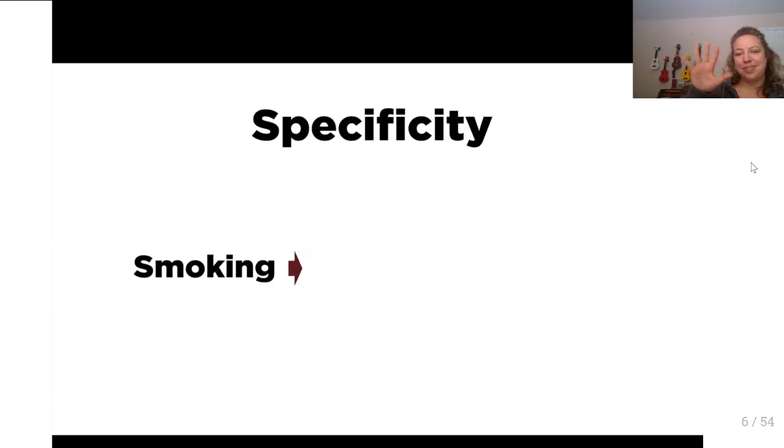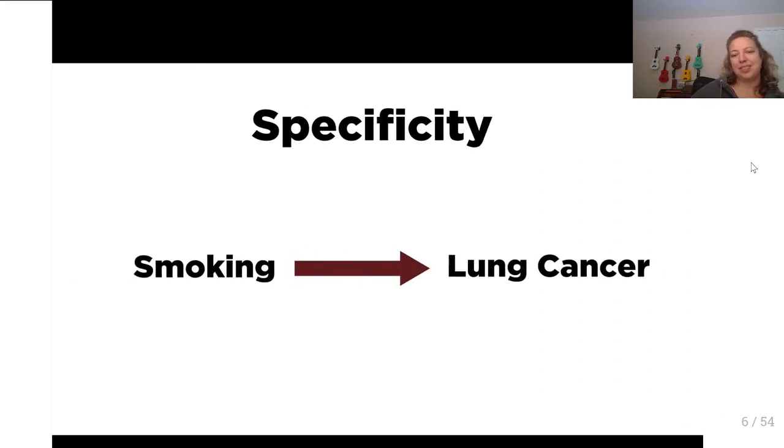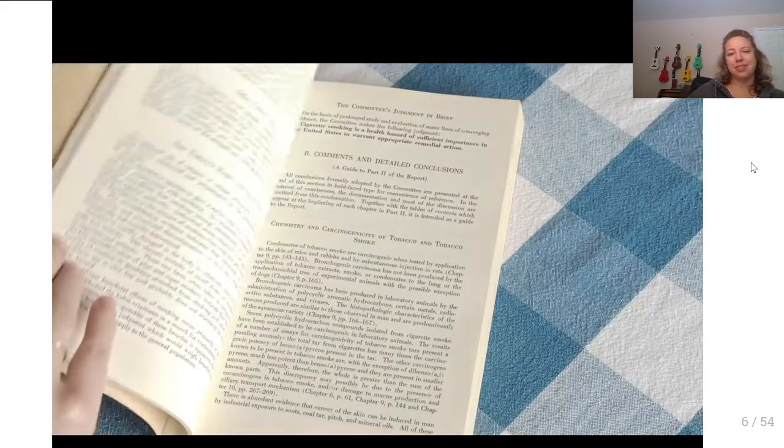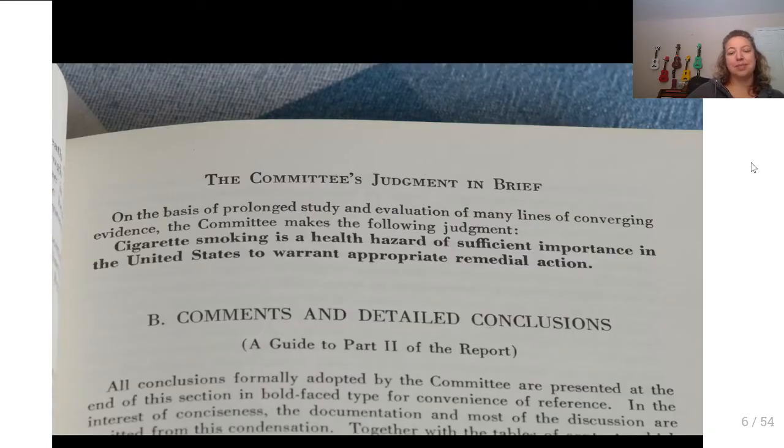Specificity. Smoking should only be associated with one disease, lung cancer. This last criterion was violated in the smoking case, but the report recognized that diseases often have multiple causes and that one causal factor might result in multiple diseases. The 1964 Surgeon General's report was decisive. It concluded that cigarette smoking is a health hazard of sufficient importance in the United States to warrant appropriate remedial